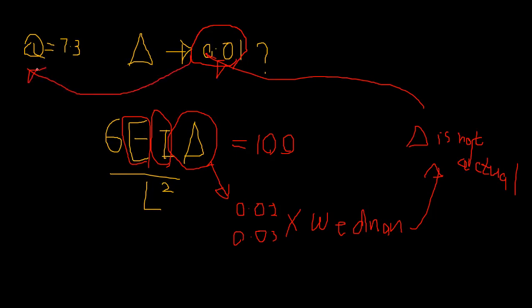The q you get from the system is not the actual value. Depending on delta, it will give q. So if your delta is 1, q will be q1. If your delta is the actual value,